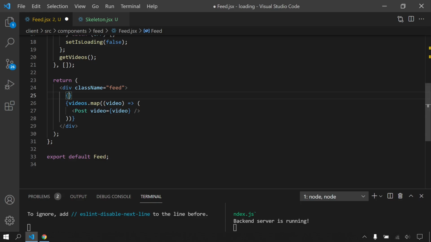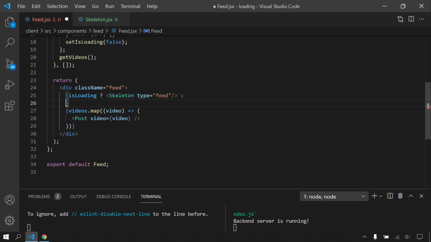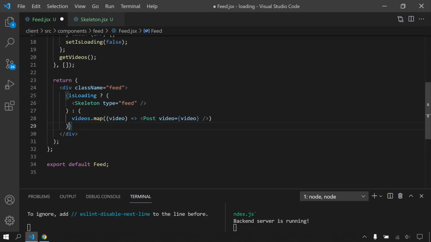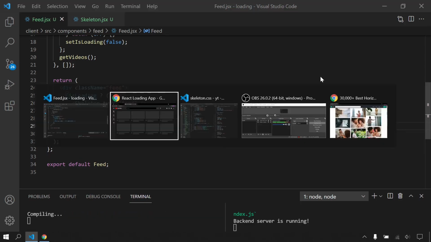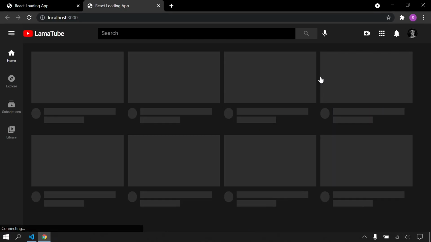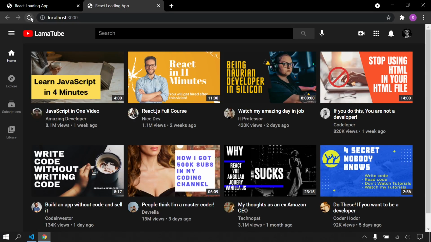I will say if is loading, it's gonna be calling our skeleton function, skeleton component. If it's not, it's gonna call our posts. Of course, I can delete here. Okay, let's see. I will refresh again.